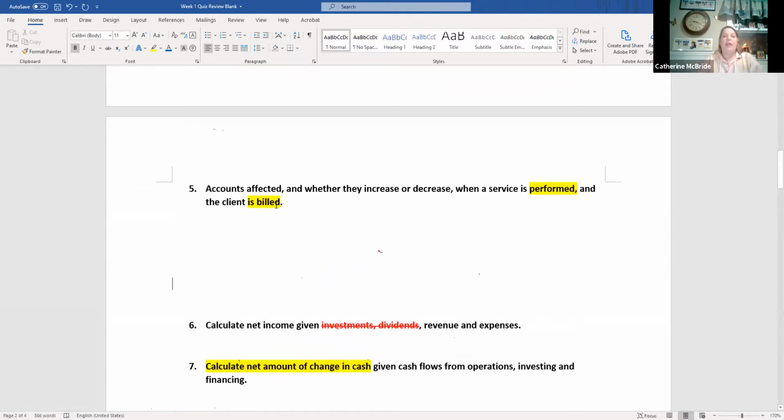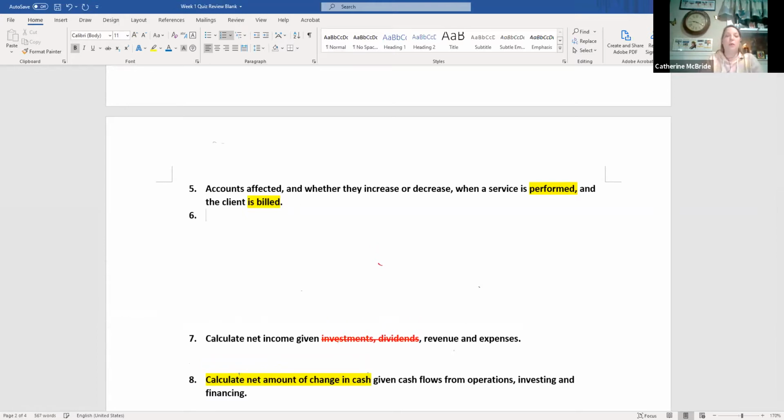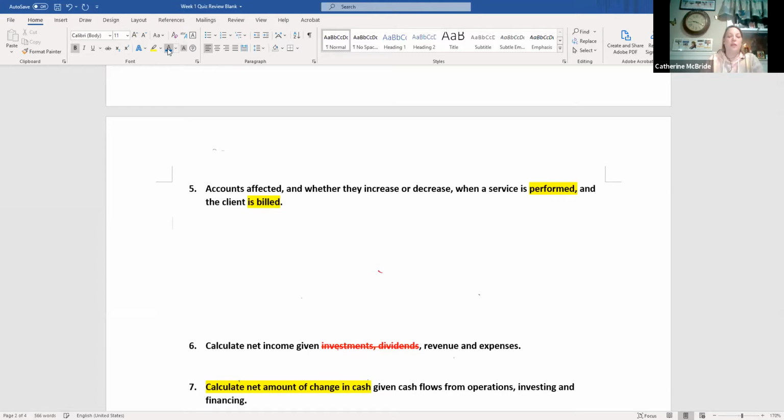Accounts affected and whether they increase or decrease when a service is performed and the client is billed. So service is performed and the client is billed. So let's do an example. Let's say we performed a radiator replacement. I was thinking, let's make something that appeals to the guys. Let's do a car thing. And then all of a sudden it's like, what car thing would it be? And billed the customer